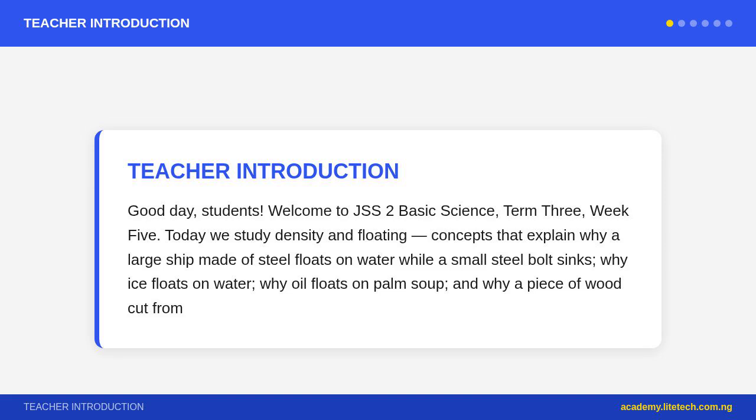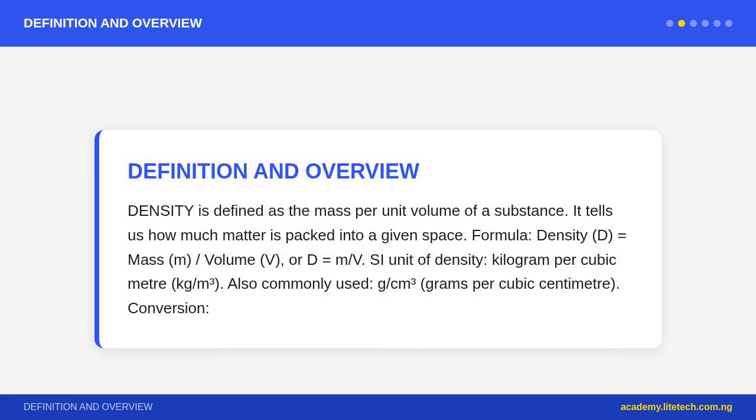Examples: wood, density is approximately 0.5 to 0.9 g/cm³, less than water, 1.0 g/cm³, floats. Steel/iron, density is approximately 7.8 g/cm³, much greater than water, sinks, but a steel ship floats. Why? Palm kernel oil, density is approximately 0.9 g/cm³, less than water, oil floats on water. Ice, density is approximately 0.92 g/cm³, slightly less than liquid water, 1.00 g/cm³,